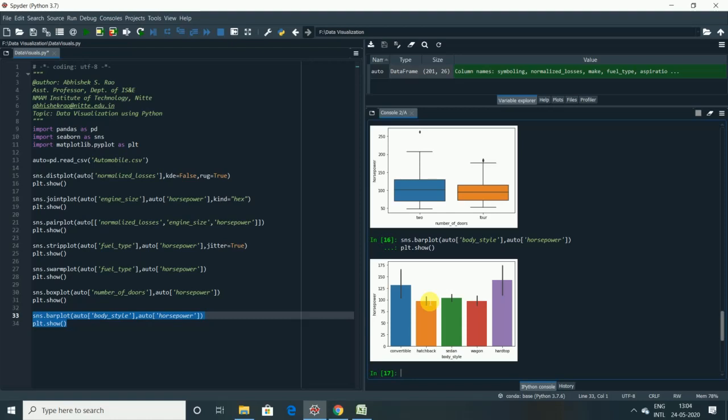So this gives you a good enough idea of how the data is dispersed within each and every type.